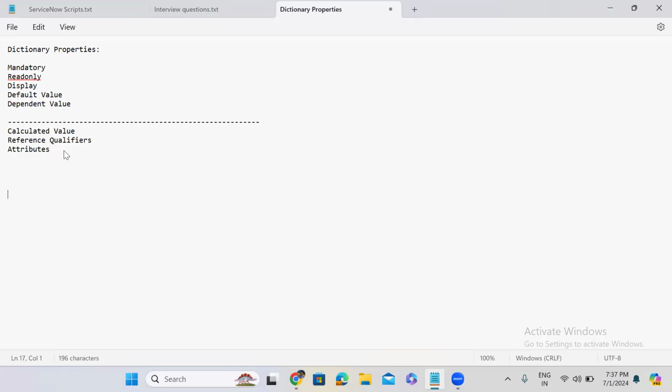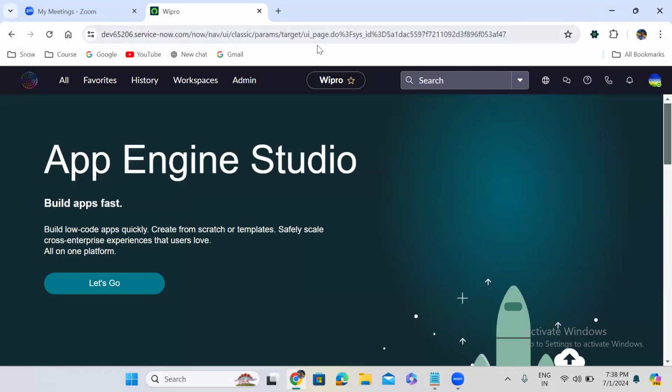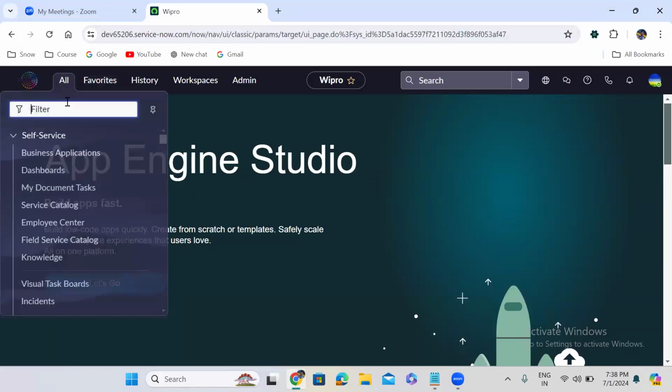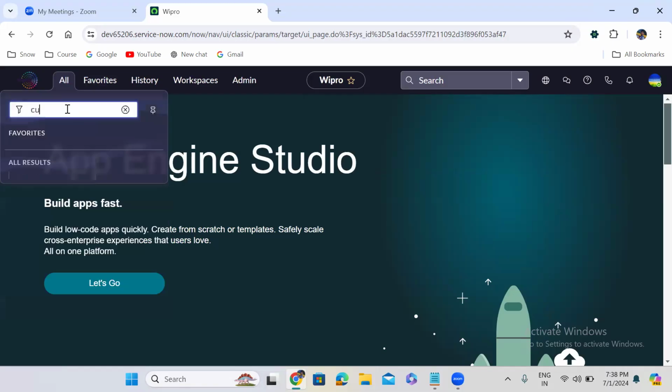In ServiceNow, there is one primary object called the current object. This current object is used on the forms. If I open the incident form that we created,